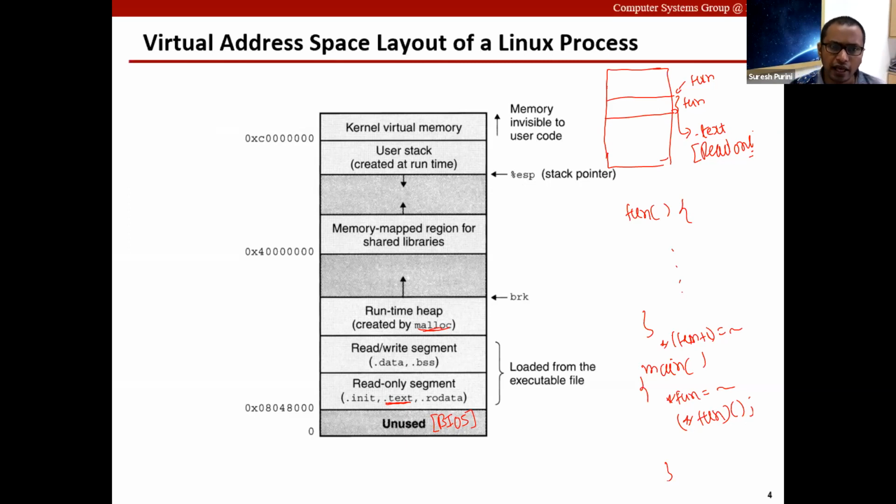It is possible for multiple processes to map to the same shared library code. So this is what the virtual address space layout of a Linux process looks like.